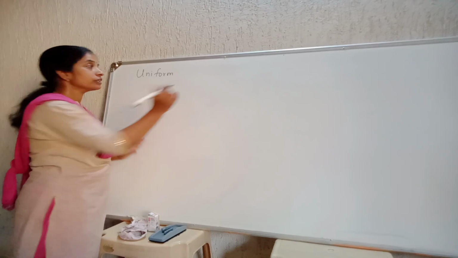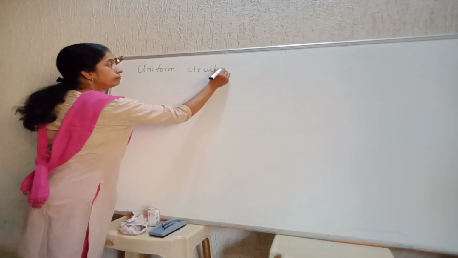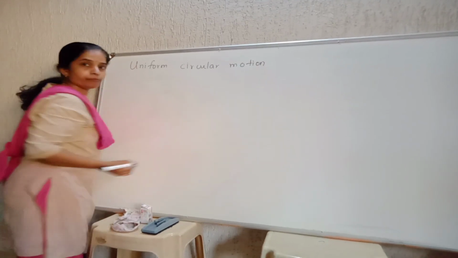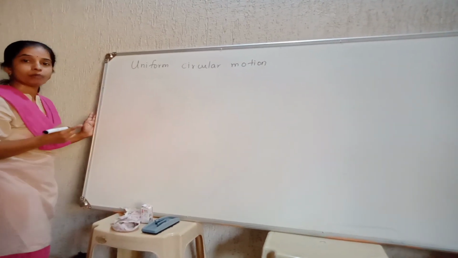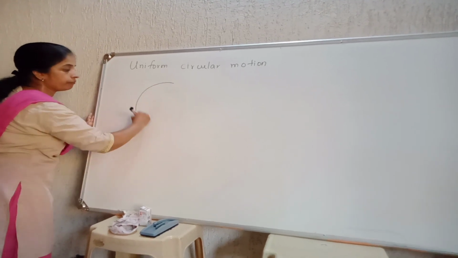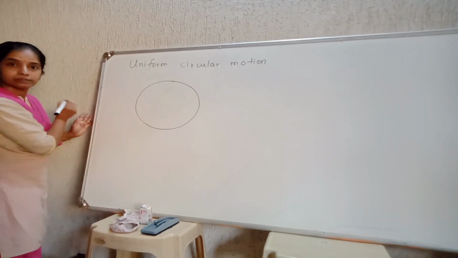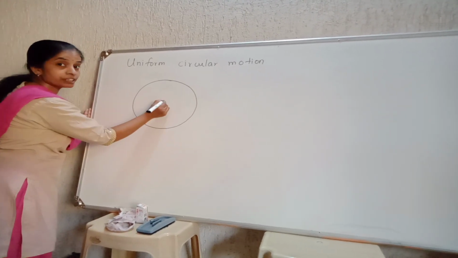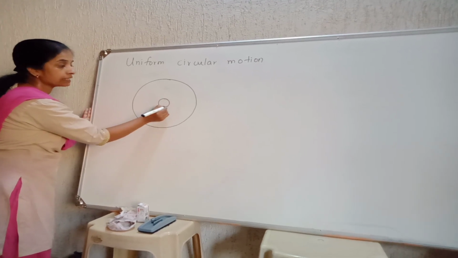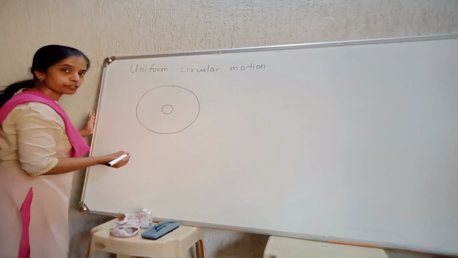Students, what we are going to do today, just observe, look here, uniform circular motion. Are you okay with this? Uniform circular motion. See the diagram carefully. This is the diagram here. A circle. Just let me highlight some points here, and then I will explain to you exactly the pictorial representation of uniform circular motion. Concentrate.